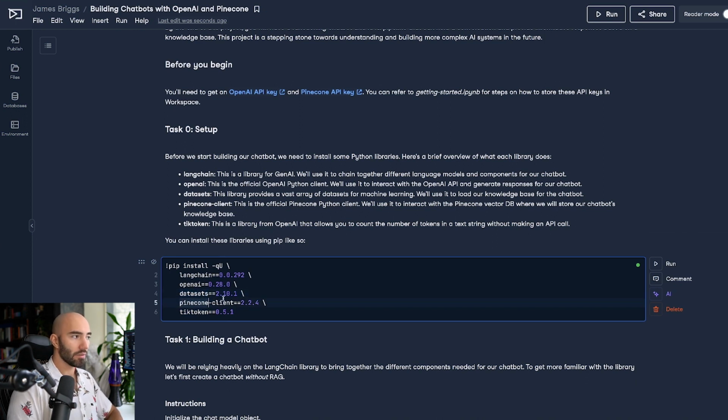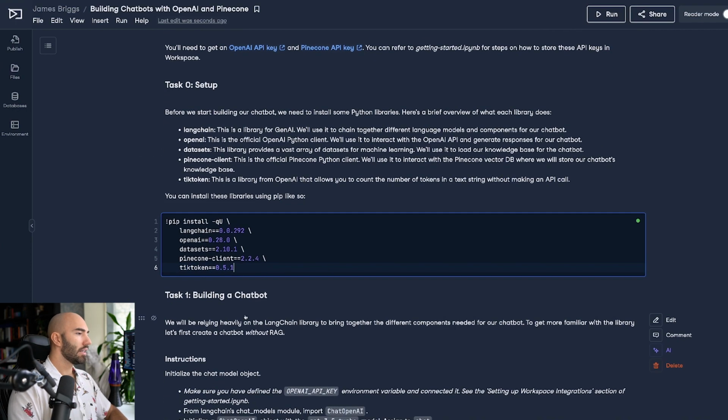We have the Pinecone client for our vector database, and tiktoken is also required when we're chunking our text, and for other things where the token count, so the length of our text according to the LLM or the embedding model, needs to be calculated. And we use tiktoken here because that is the tokenizer that the OpenAI GPT models use.